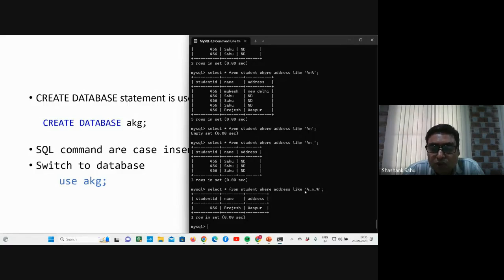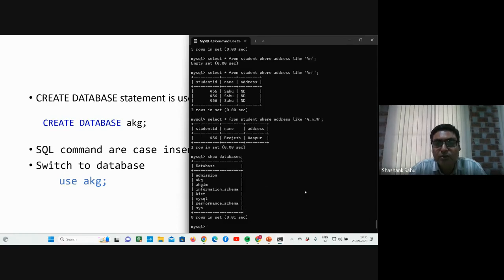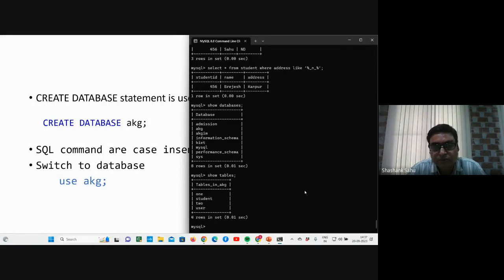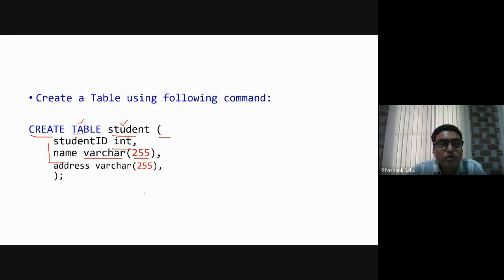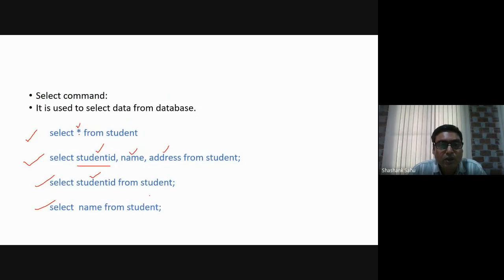If you want to know how many databases are available in your MySQL, then just use show databases. To see tables, use show tables. Right now I'm in the AKG database, so you can use show tables. It will show the number of tables. I'm just recapping the important things. It is just to create the table. Now the important part is